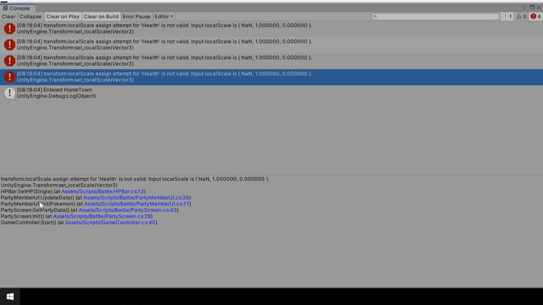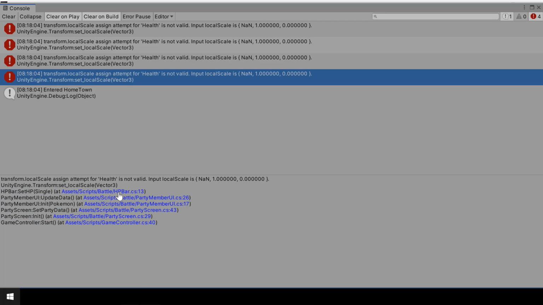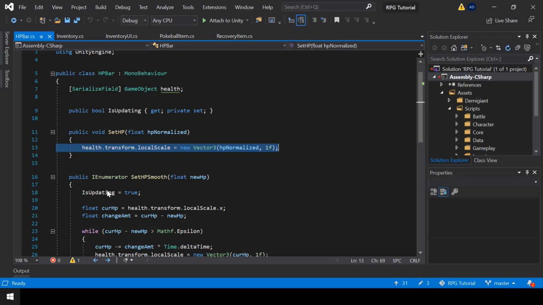Here we have multiple lines, but the line that is causing the error will be the line at the top. Okay, so this is the line that's causing the error. Let's click on this to go to that line. Yeah, this is the line that is causing the error.